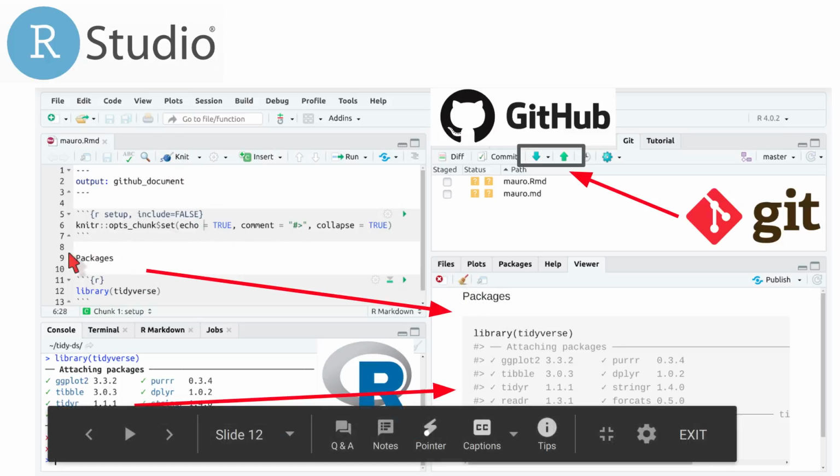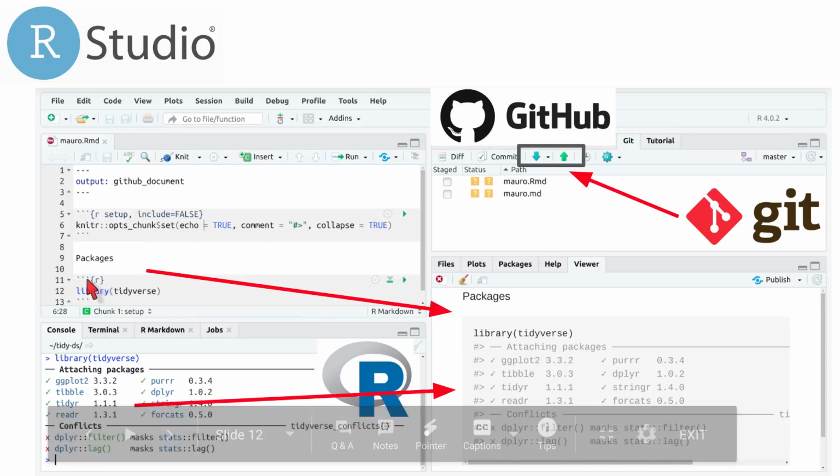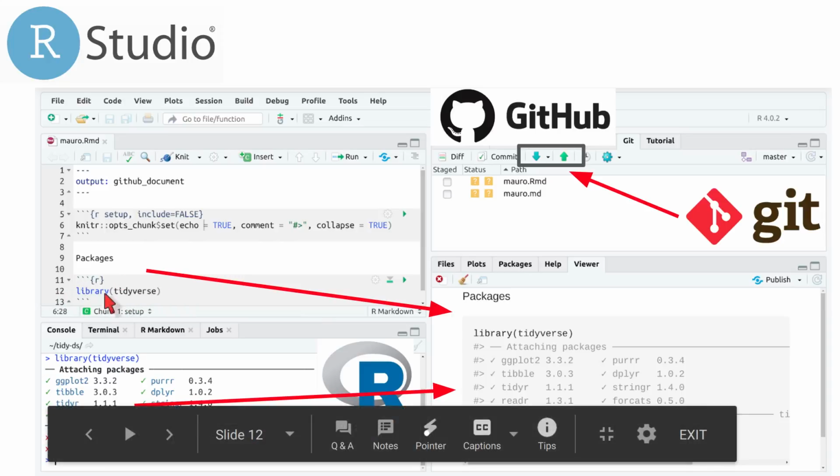So you can see how the word packages is prose, right? It's just text. It continues to be text here. And this line that is in between this weird chunk syntax, the backtick, curly braces, is what's called a chunk, and whatever you put in there is going to be interpreted as R code. So Rmarkdown will send it to the console internally, will try to run it, and the output of that is going to appear here too.